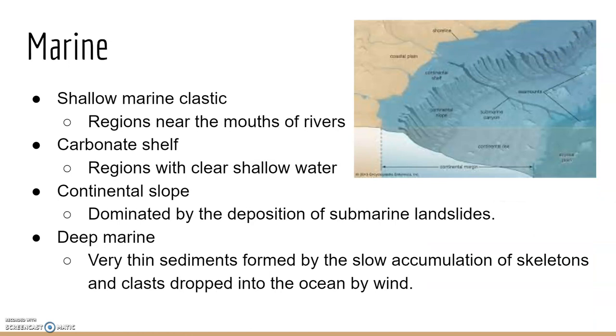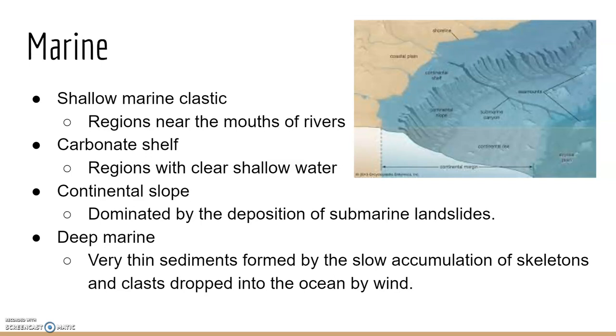In marine, there is shallow marine clastic, and this appears at regions near the mouths of rivers. Carbonate shelf, where it occurs in regions with clear, shallow water, so the sunlight is able to penetrate the minerals and sort of fuse them together. In continental slope, it is dominated by the deposition of submarine landslides. So what that means is that when a landslide occurs under the ocean, those sediments are often compacted together